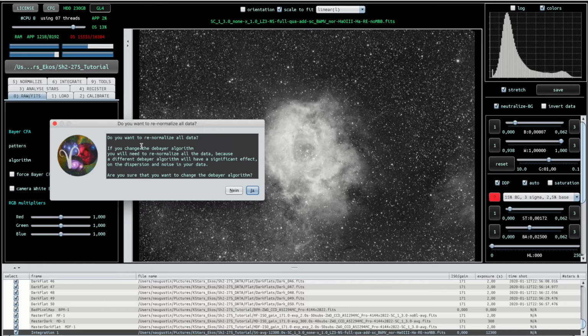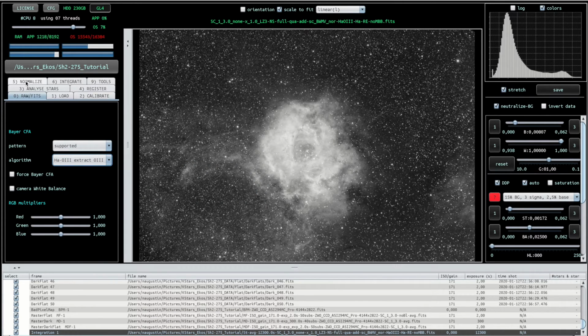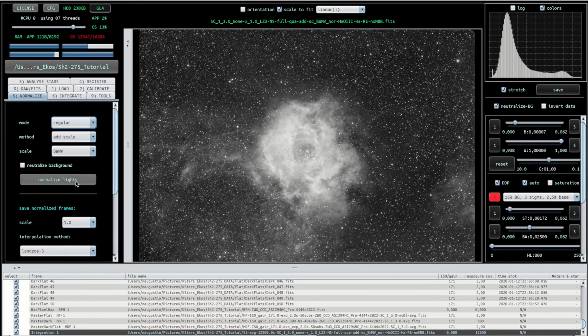So you just say, yeah, we want to renormalize the data, say yes, and then we go back to the normalization tab and just hit normalize lights again, and after that we go again to integrate, and we will get a second integration. So we have here now integration number 1, and you see the automatic file name includes H-alpha 03 minus H-alpha, and that is the indication for us that this is the H-alpha channel, and